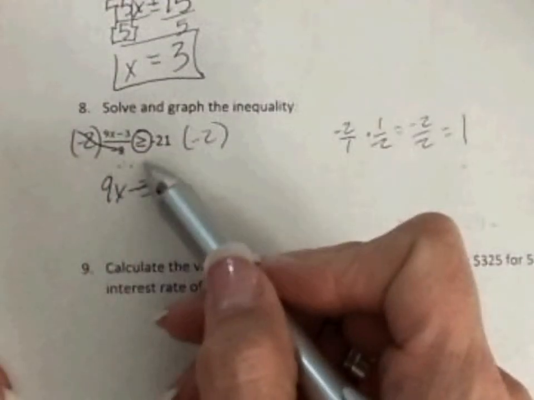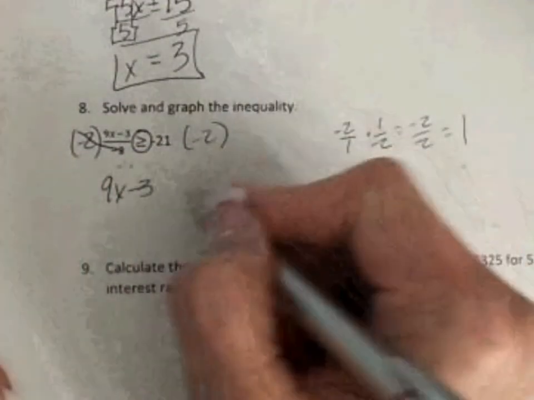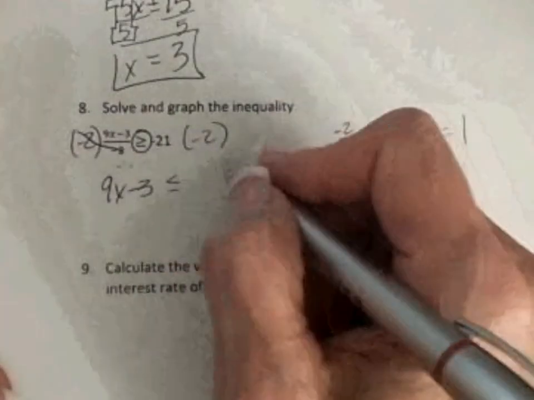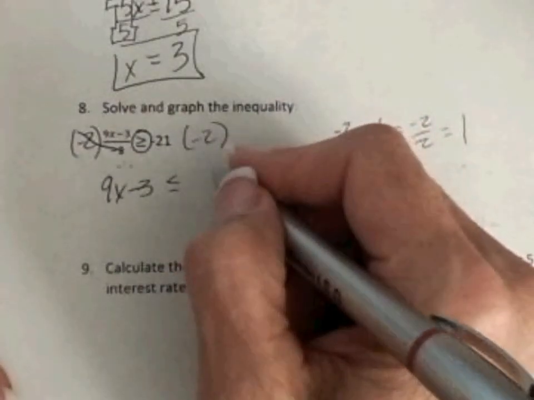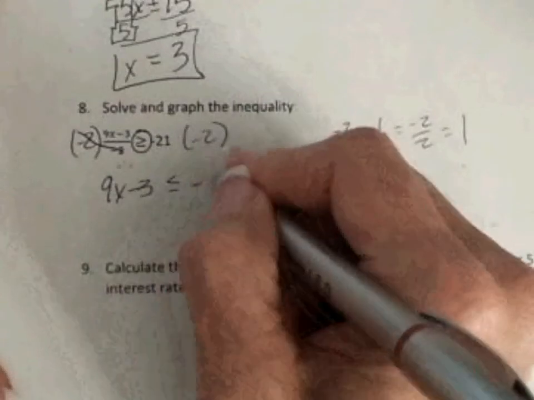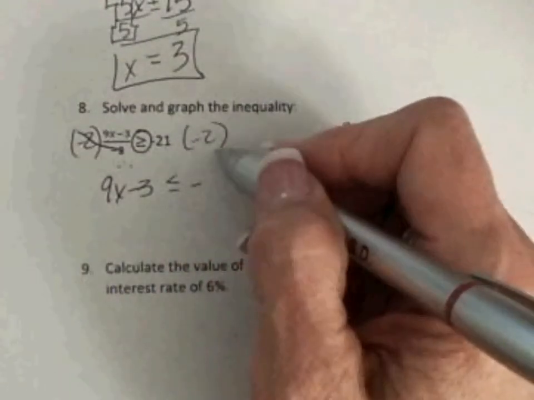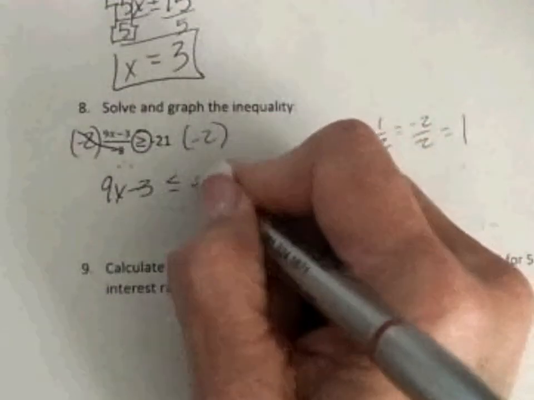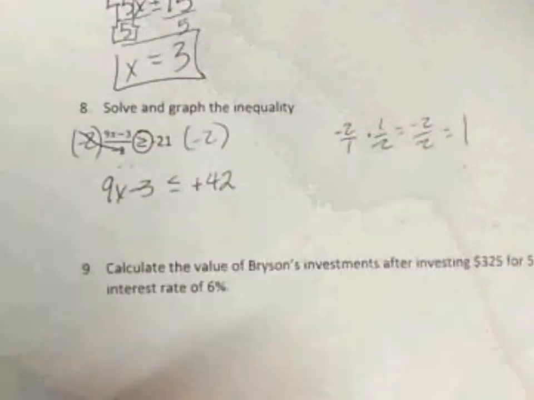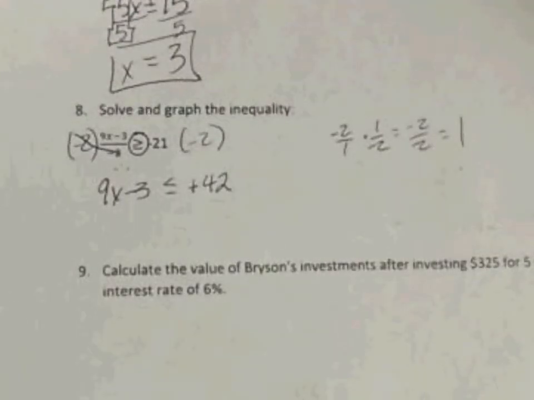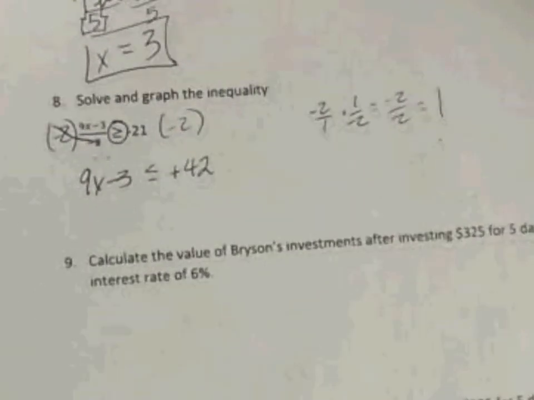I would have forgotten, I have to flip my sign. Negative 21, I'm sorry, negative 21 times negative 2 is positive 42. Negative times a negative is a positive. Okay, now that I got rid of that, I want to